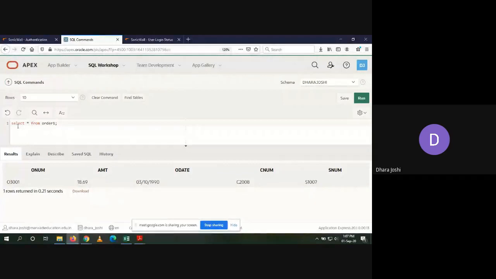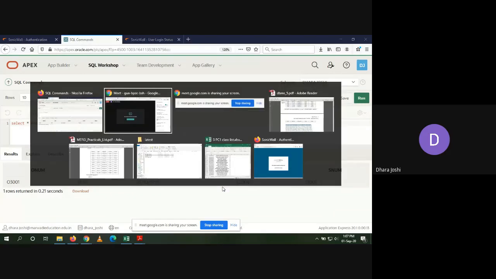Okay, just a minute, I am again sharing my screen to show you that. So whenever I am doing this select star from order 1, this I have inserted in that and I am having the result. I have just inserted the one row, that's why as a result I am getting one record only. Okay, so Dhwani, you can give me the create table query which you have prepared, and then you can give me the insert query. That's why I can go in that.